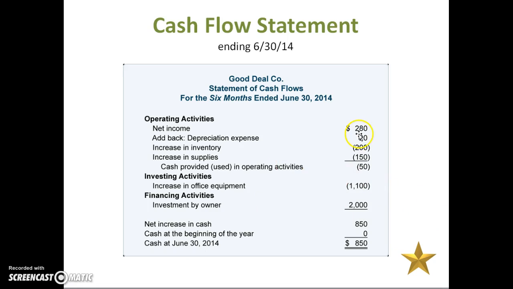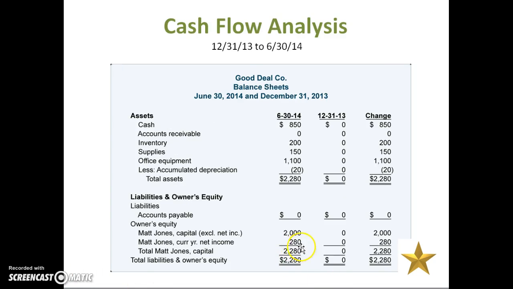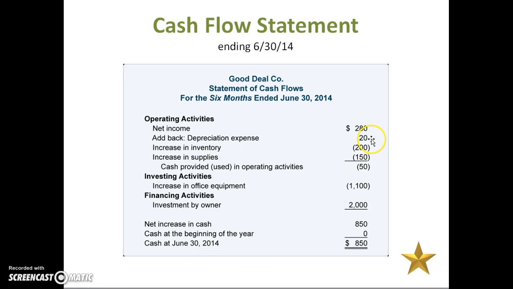When doing the cash flow analysis, we'll take that net income of $280, which comes from this form over here, that $280 right here, and we'll be adding back our depreciation. We'll be subtracting our inventory since we paid cash for it. We'll be subtracting our supplies that are sitting on our balance sheet since we also paid cash for it. We'll also subtract the increase in office equipment since again that was a full cash outlay. But we'll be adding back in the financing activities of the owner, where our owner actually infused $2,000 into the